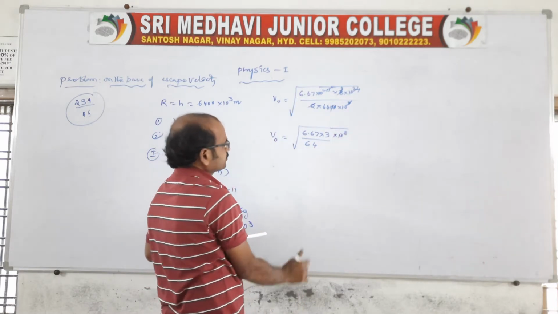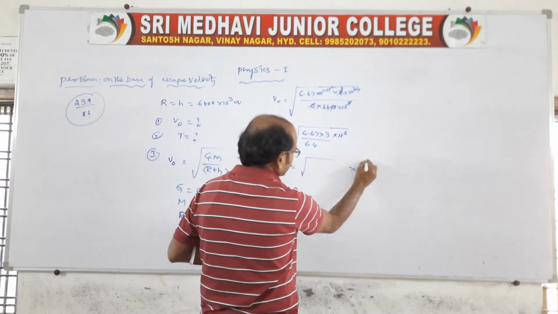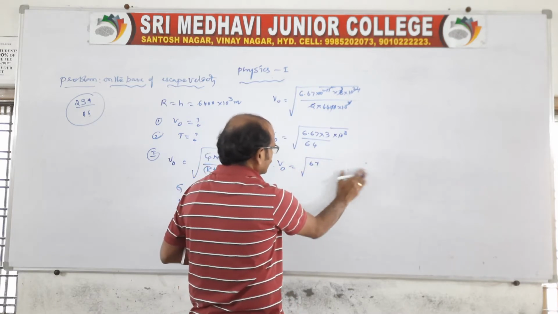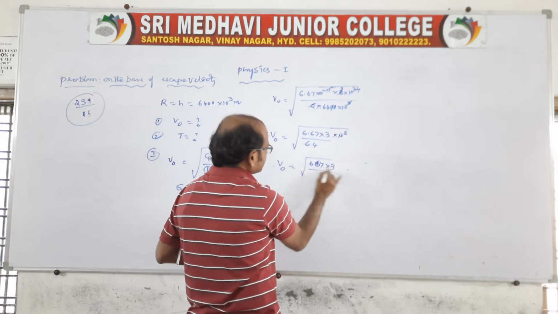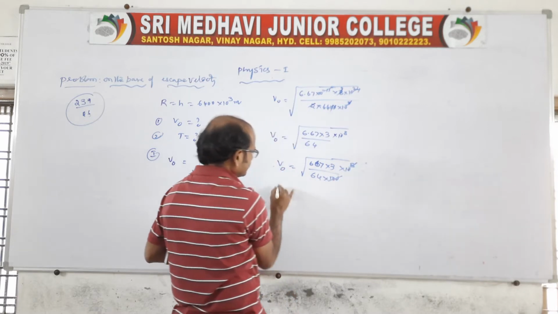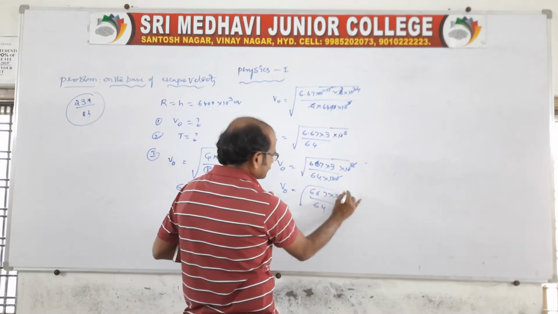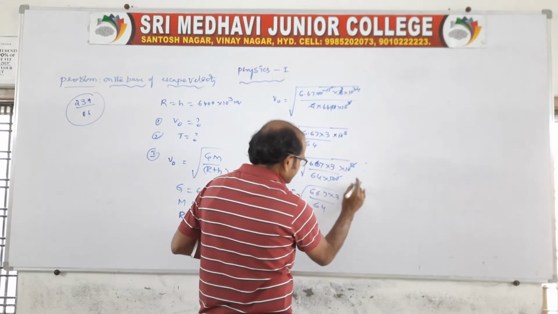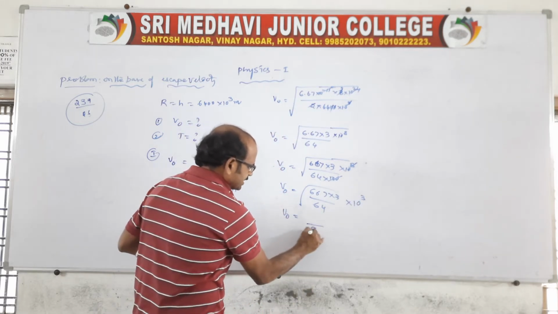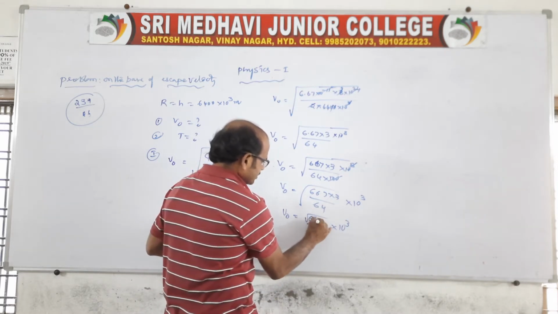So this will be like this, and you simply calculate, it is root over again, it is 10 power 4 you write, 6.67. Otherwise you do like this, 6 into 10 power 3 by 64 into 100 again. So there will be 10 power 8, this is cancelled. V0 is equal to root of 667 into 3 by 64, into 10 power 3. Root 64 is nothing but 8. So 8 into 10 power 3. Of course, you take a calculation again, root of 667 into 3.